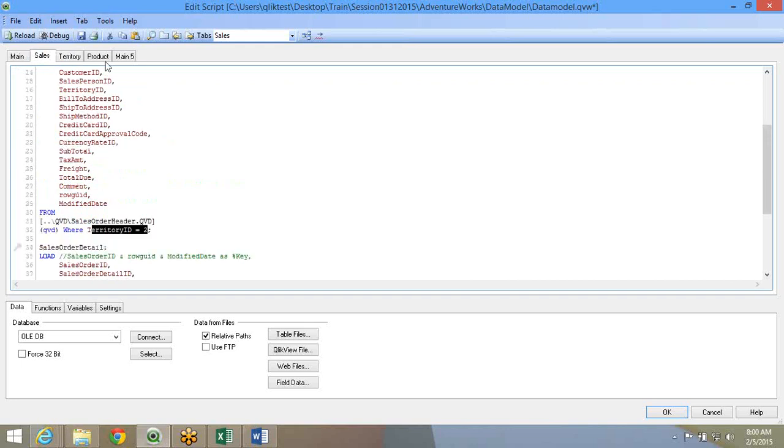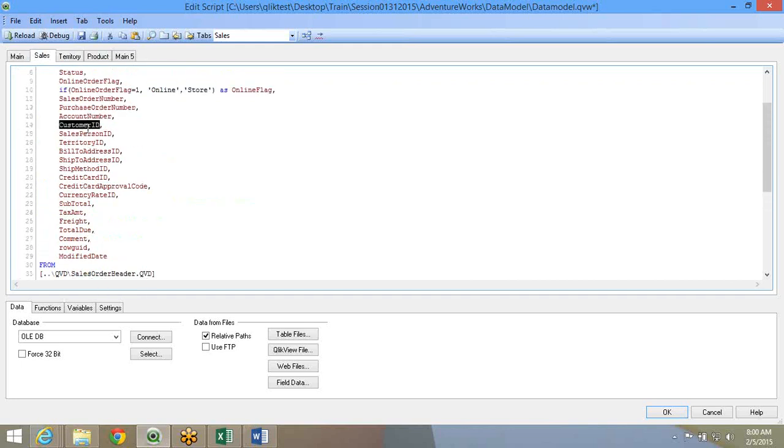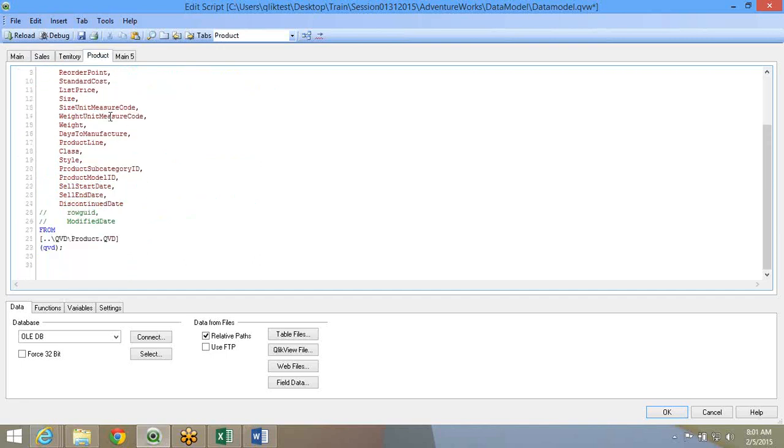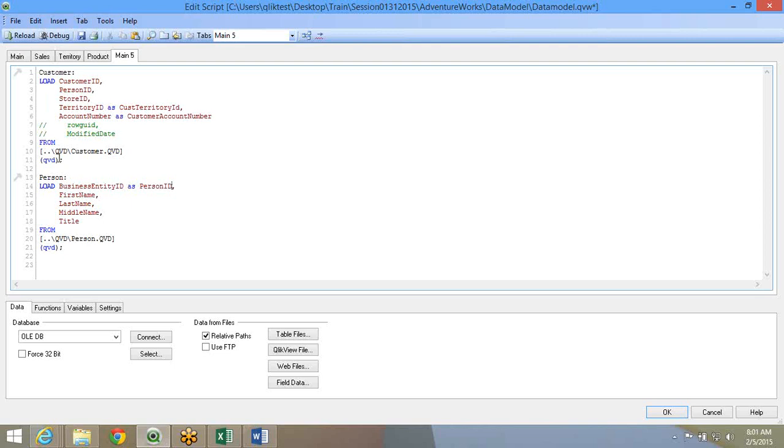Now while I'm bringing only 300 records, I want to bring only the 300 customer IDs that are matching to that. So what I can do is, in the customer table, I can put a where exist customer ID. Now in the person table, I want to bring only the persons which are basically there. I don't want to bring other persons. So I'll do a where exist person ID over here.